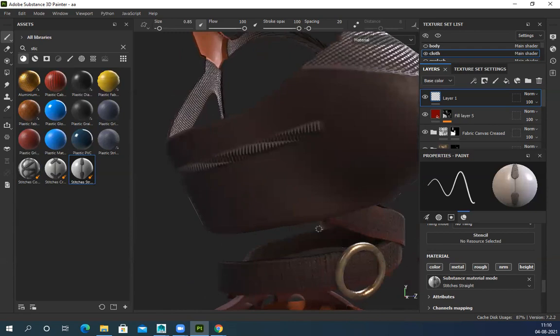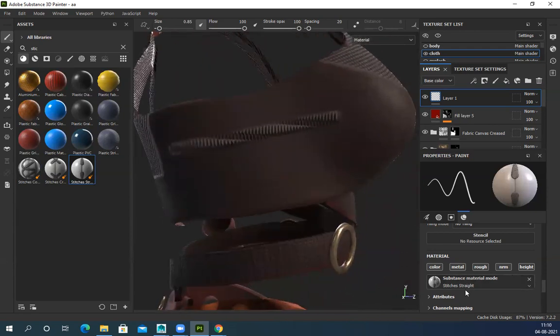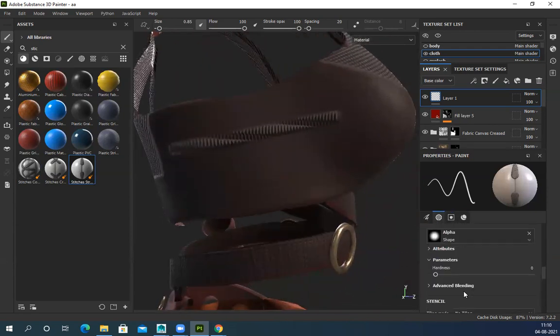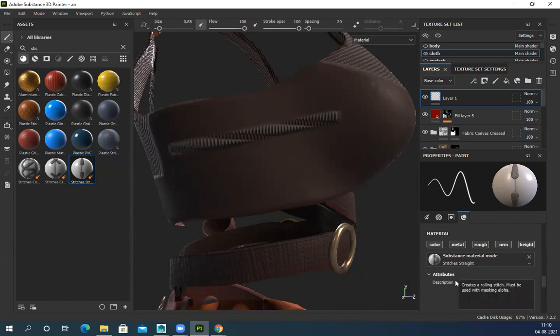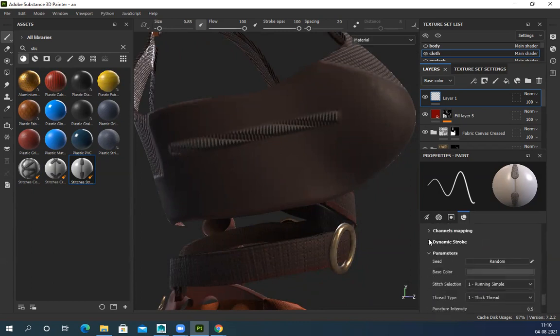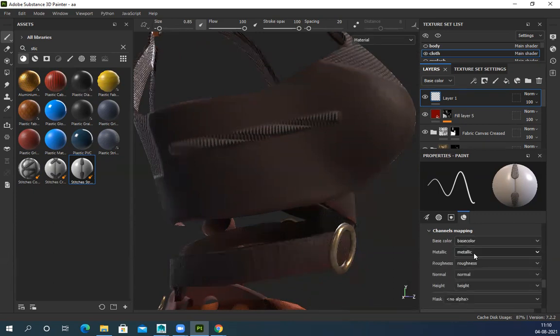You create all these stitches and direction and all. If you want to change, you can definitely change everything in the brush. See, it's dynamic, all these things you can change, and channels, everything can be modified. It's very easy. And this is, I guess, not the updated one. Few days back they released a new version.